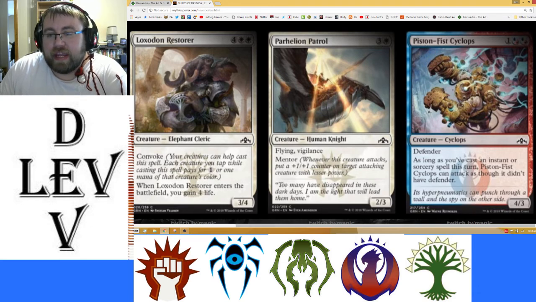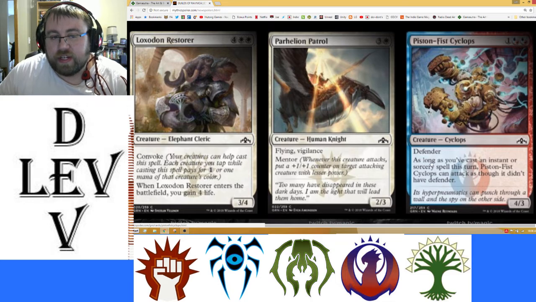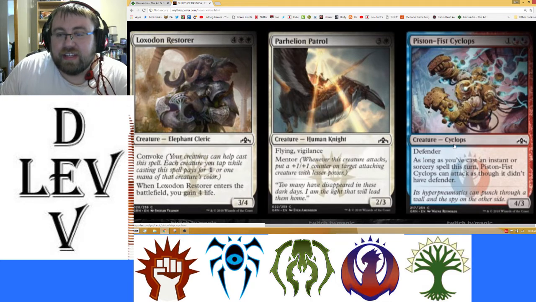1 and 2 hybrid mana of either blue or red for a 4/3 defender. As long as you cast an instant or sorcery spell this turn, Piston Fist Cyclops can attack as though it didn't have defender. Yeah, this is going to see Pauper play. It's a really big creature, a 4/3 that defends, and it helps defend against most creatures in Pauper, and also in the decks that want this,